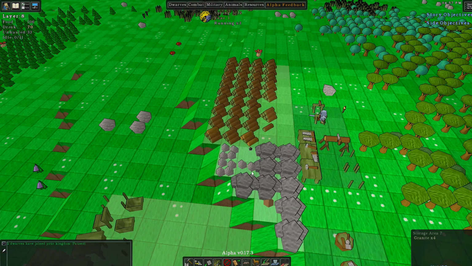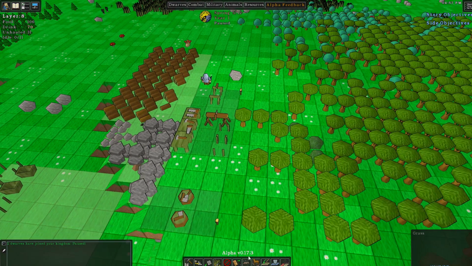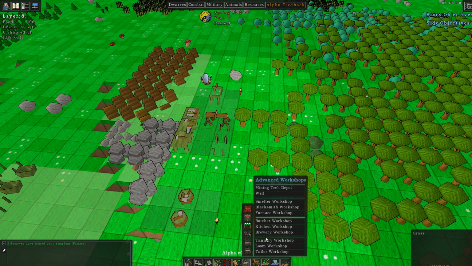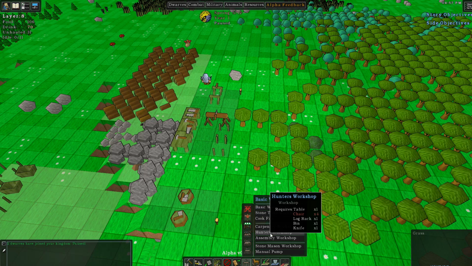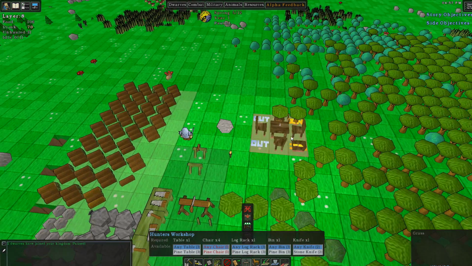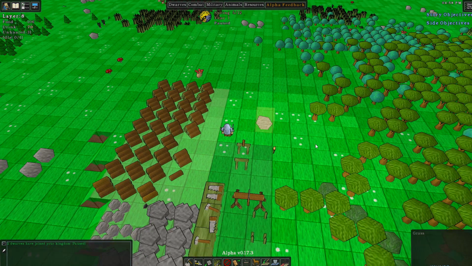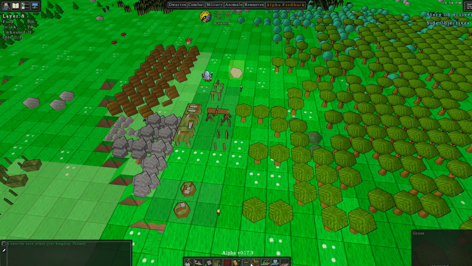Okay, there's so much stone here. Look at all the stone. Okay, what do we need? We need to make some more things, so let's go ahead and queue up some stuff. We need a hunter's workshop so we can make some more stuff. So we're going to need more chairs. You know what? Let's get rid of that boulder because that's in the way. Let's go ahead and put